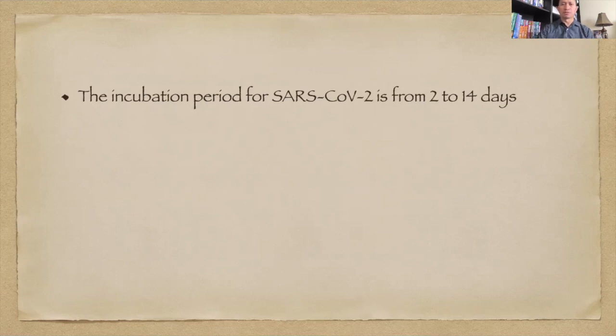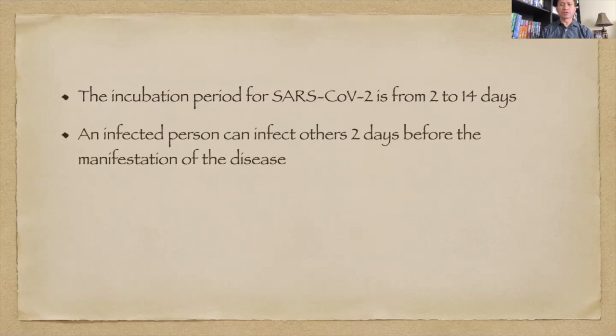on your symptoms. An infected person can infect others 2 days before the manifestation of the disease. What does it mean? It simply means that if you manifest infection today, like you have symptoms of generalized body malaise, fatigue, you have chills, or you have signs of fever, and you have tachypnea today, you count 2 days backward, yesterday and 2 days ago,